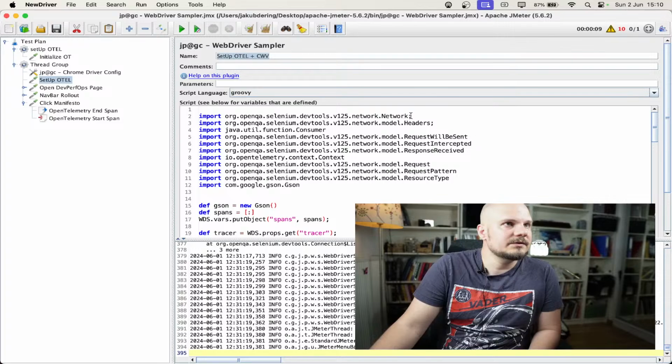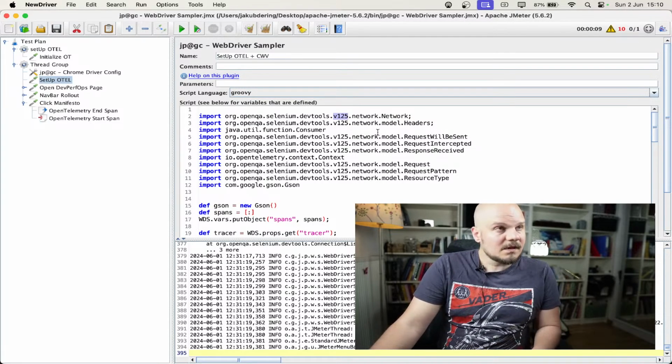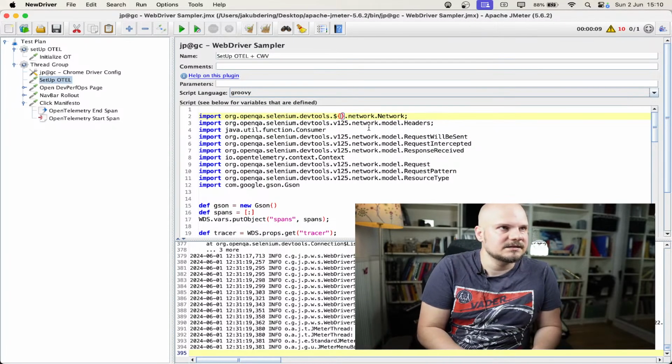So I need to access the network package from the Selenium DevTools. This here is important. The version of the package needs to match your major version of the browser you're using. That's very important. Otherwise, you would not be able to intercept any calls that your browser is doing. So this here, I'm pretty sure it could even do that, like a browser major version parameter,